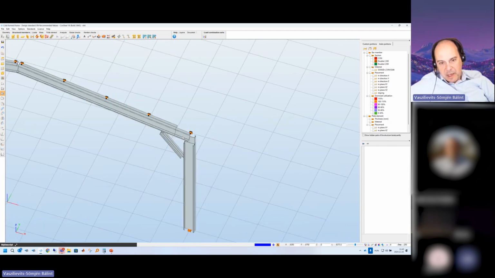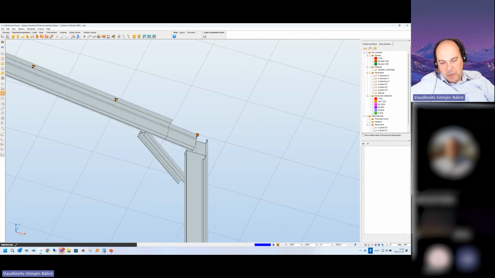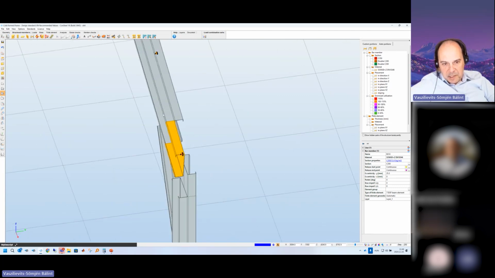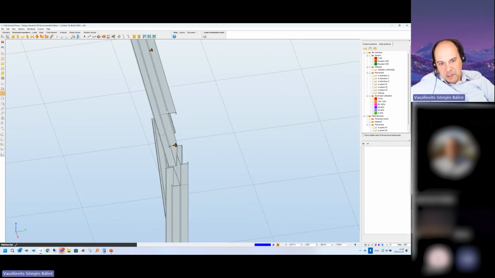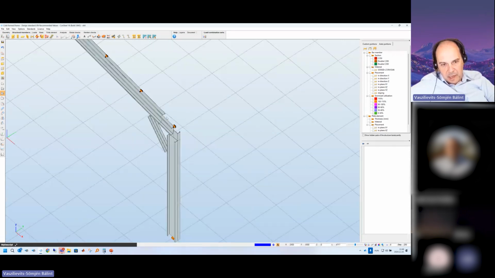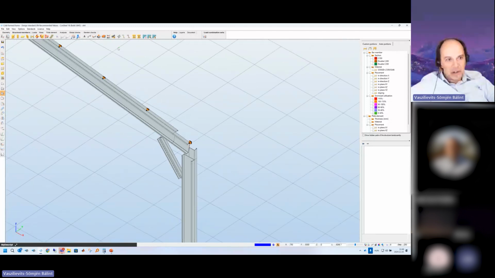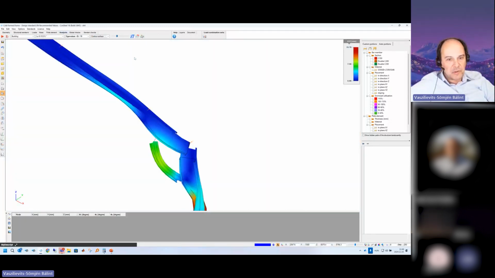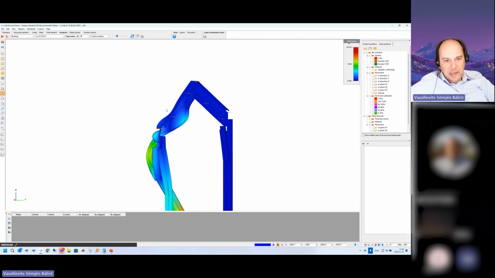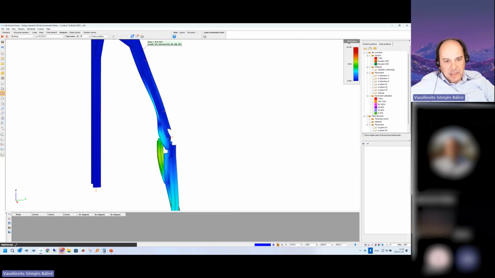Here I was able to define this part of the element with the new double section, and for this part I used a single section and specified an eccentricity to be exactly on the same line as the left or the right side of the member. And what is important is that in Consteel, this is not just something which looks nice in the picture, but if I run the calculation and look at the results, we can see that the elements are nicely